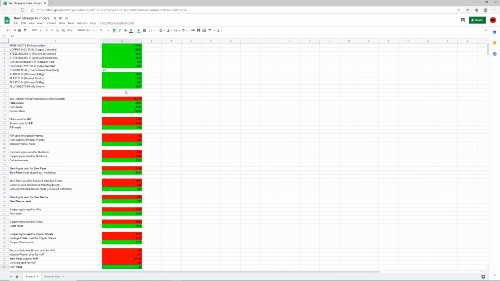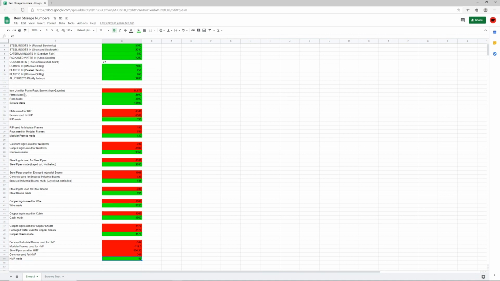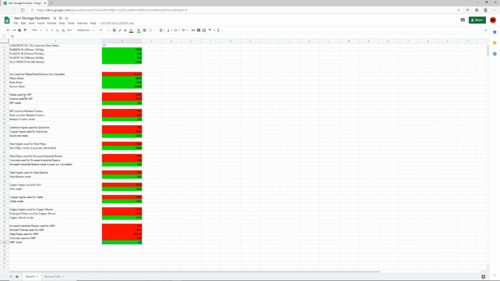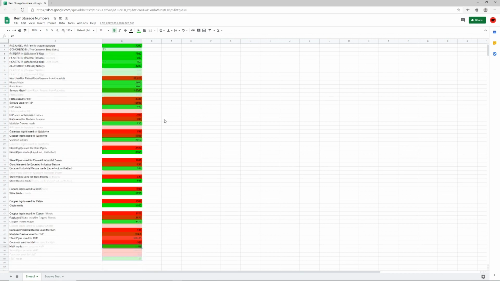So anyway, everything in green is what we're making. We just got to work out some concrete issues, exactly how much we're getting. And then we can see how much we're using of the iron. So we're using minus 11k iron ingots. How many plates, rods and screws we're making at the moment. Then the plates and screws we're using for the reinforced iron plates. How many reinforced iron plates we're making. And then etc, etc. So we can tally up our totals in here without having to count the machines and